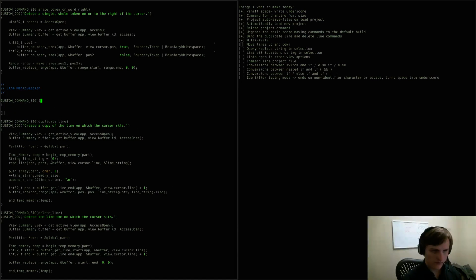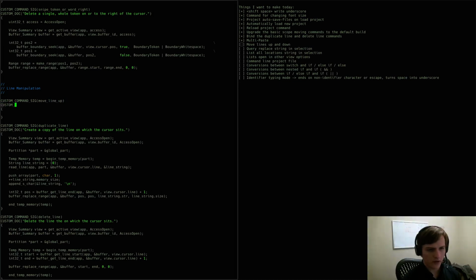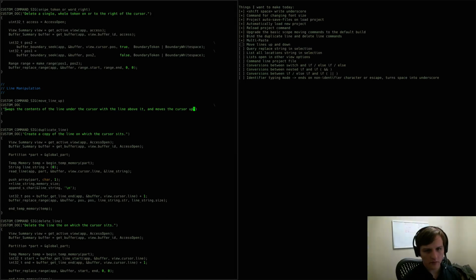But move line up might be useful for some people. I know a lot of editors have that, so let's do that. Move line up. Custom doc: swaps the contents of the line under the cursor with the line above it and moves the cursor up to the